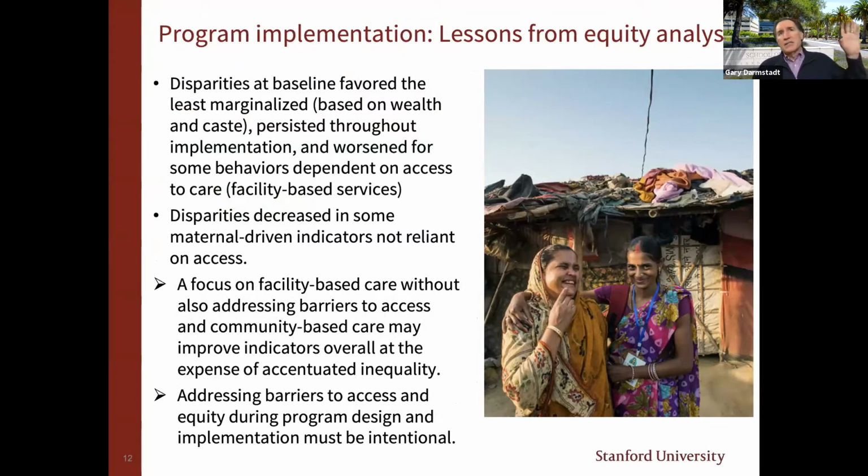We looked at tertiles of wealth and caste status, looked at the extreme most marginalized, lowest wealth, lowest caste compared to the highest wealth, highest caste, and looked at how they had fared over the course of the program, what were the trends and indicators, and found that there were disparities at baseline that by and large favored the least marginalized, that these disparities persisted throughout the program, and in some cases they became worse, particularly for indicators that were